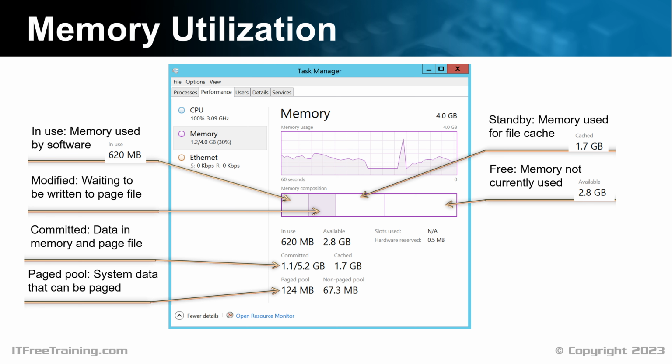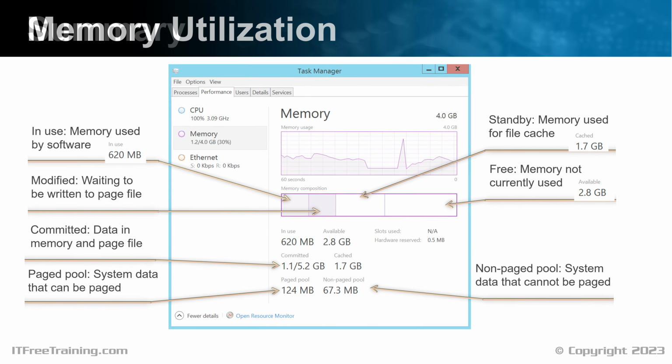Some memory used by the operating system cannot be transferred to the page file. This is because it is critical to the operating system. For example, software that runs virtual memory, thus controlling data being moved in and out of the page file. This is referred to as a non-paged pool. You can see that the paged and non-paged pool is quite small. This was more of a concern in the old days when memory was a lot smaller. Nowadays, computers have quite a lot of memory, and thus the amount of memory used by the operating system's non-pageable memory is small by comparison to the total memory.